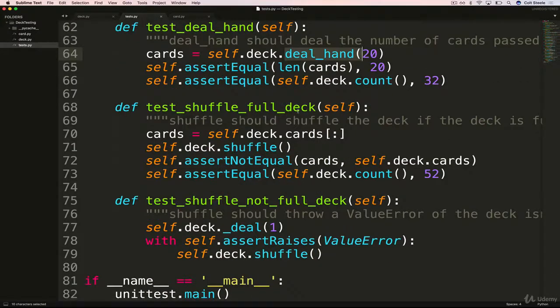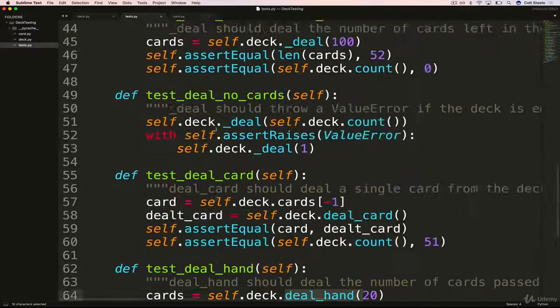We see that shuffle works, and I will point out that shuffle is a bit difficult to test because of the randomness. So you don't need to test that this equals something else afterwards. It's easier to test that something changed. So the length is the same, but the elements inside are different, or they're in a different order, rather than directly trying to figure out what the end result of the shuffle is.